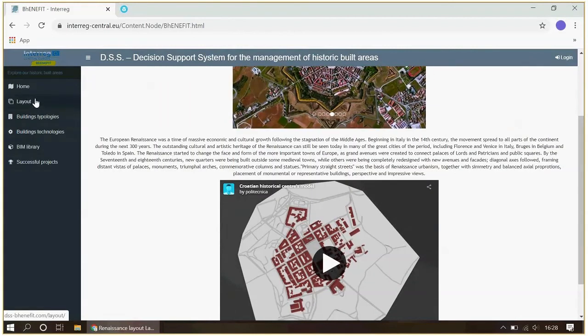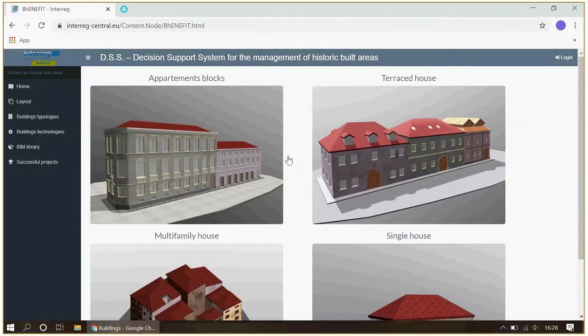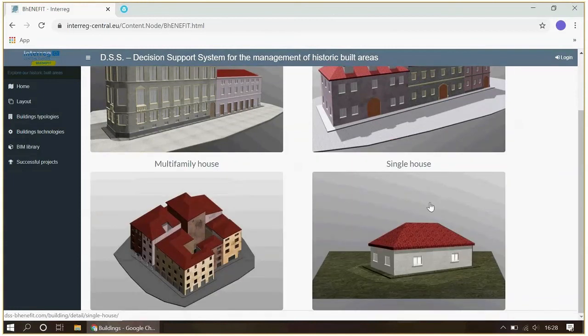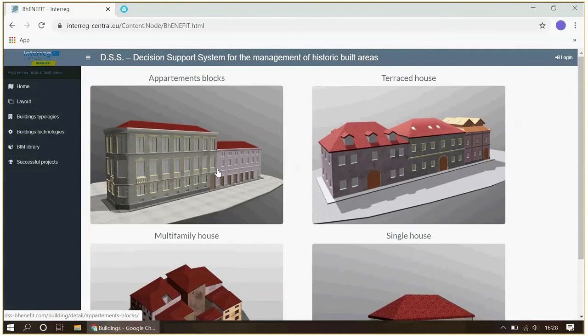So from the city layout, you can pass to the building typologies. Through the BhENEFIT project, we identified 4 very common building typologies that it's possible to find in the historic built areas of the Central Europe region. We have apartment blocks, terraced house, multifamily house, and single house. If you want, you can enter every subsection and find information about this current and common typology. We can start